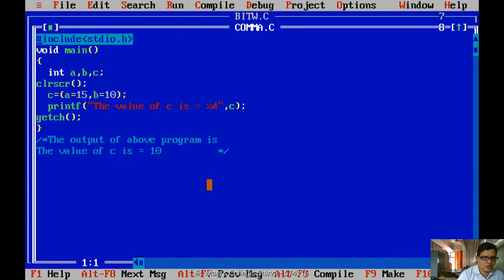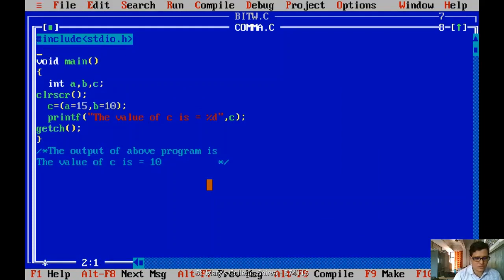On opening, I identify that the header file is not there, so I add it with hash include. What is the purpose here? The comma operator.